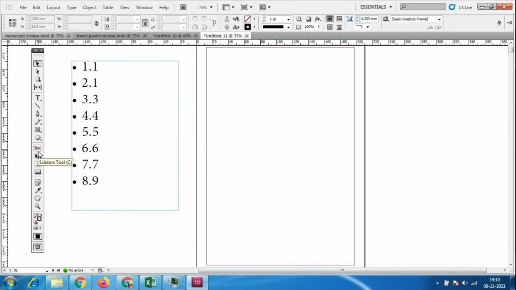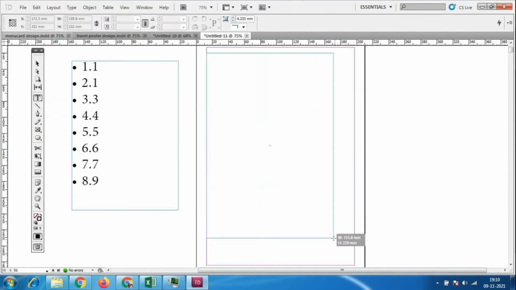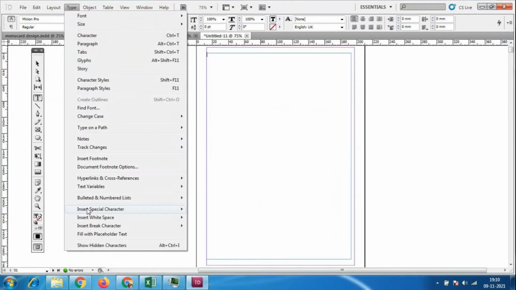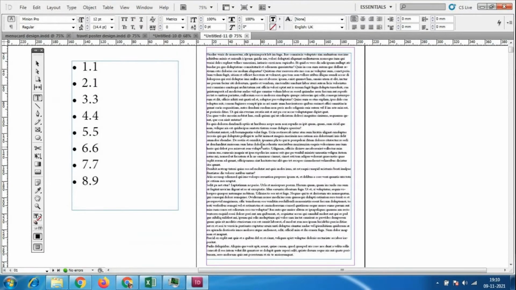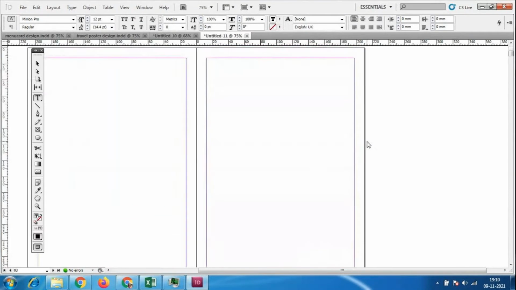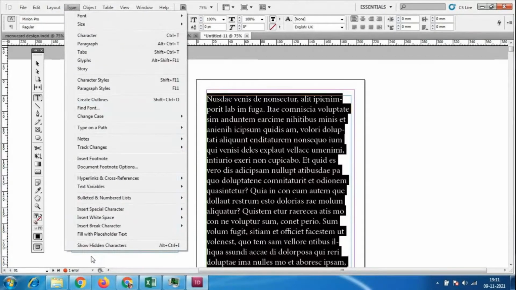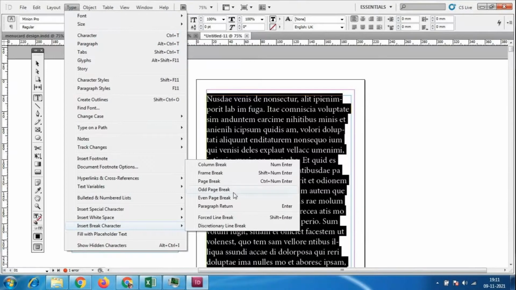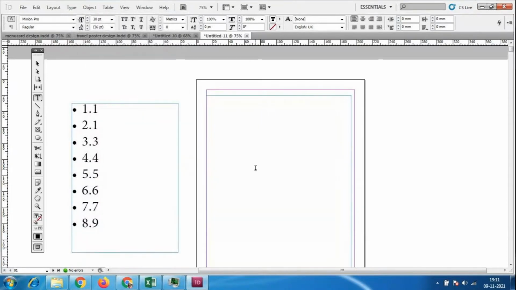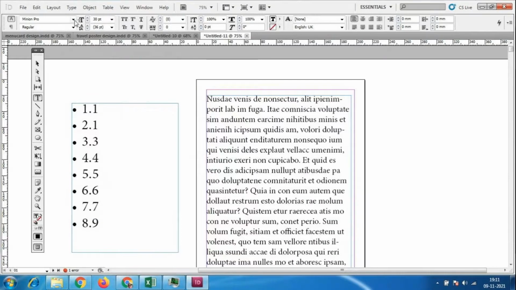So next, I'll increase the size of this text and I'll go to this option. So let us see which is very important. Those things you people know already: changing case, paragraph styles, glyphs options, characters, paragraph, all these options you have to know. Column break. So I'll go to type it here and